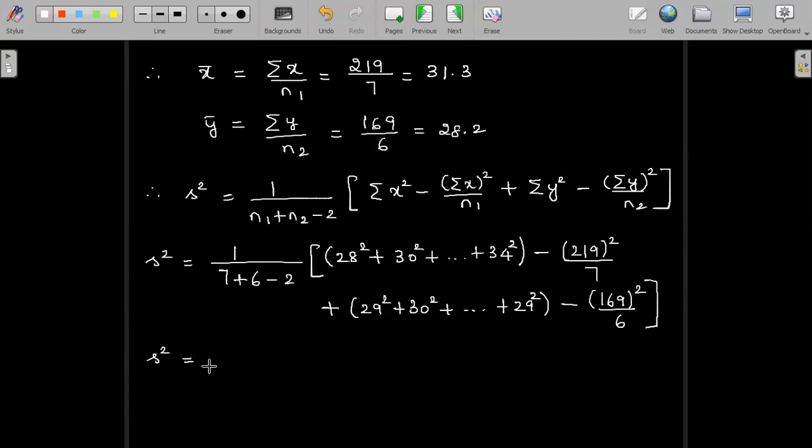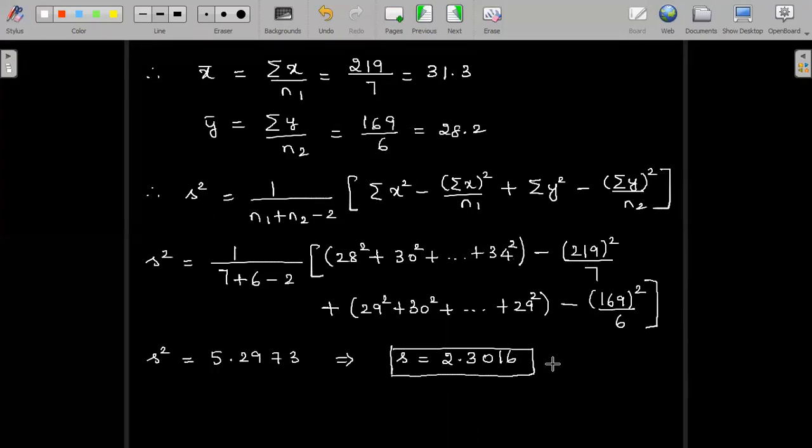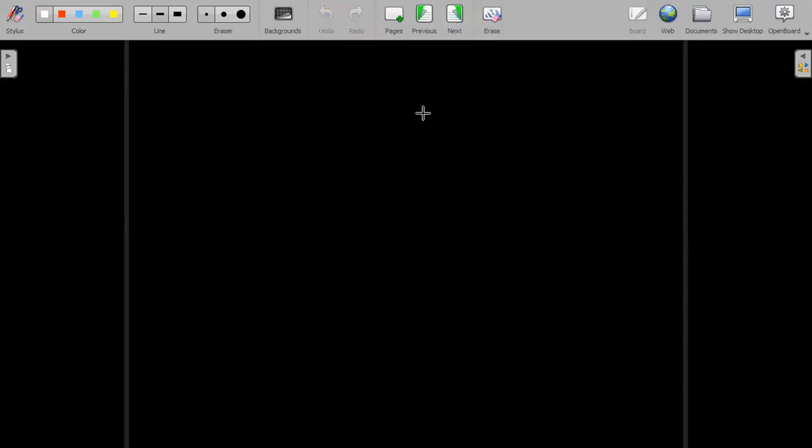So 5.2973, and the square root gives us the answer for S, which is 2.3016. Now we know the value of S, we know the values of N1, N2 already, X bar, Y bar. All that we are going to substitute in the student T formula for two samples. So therefore T is given by